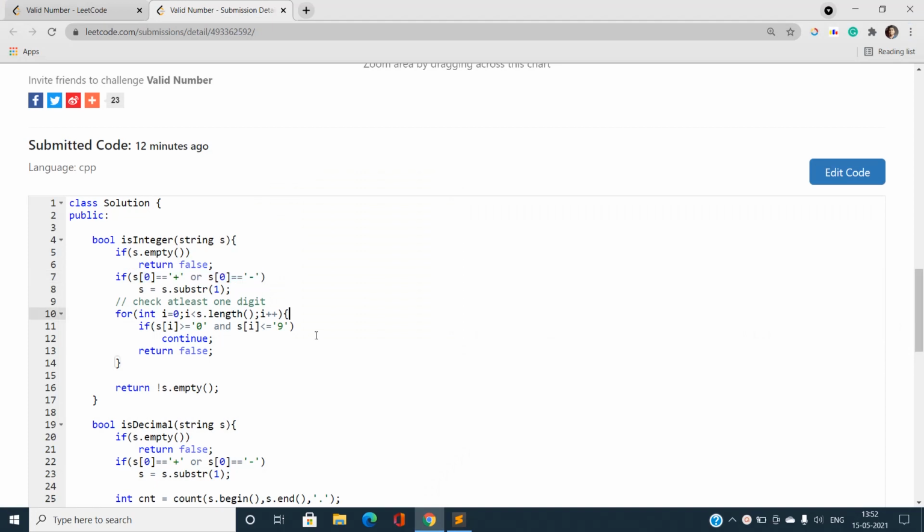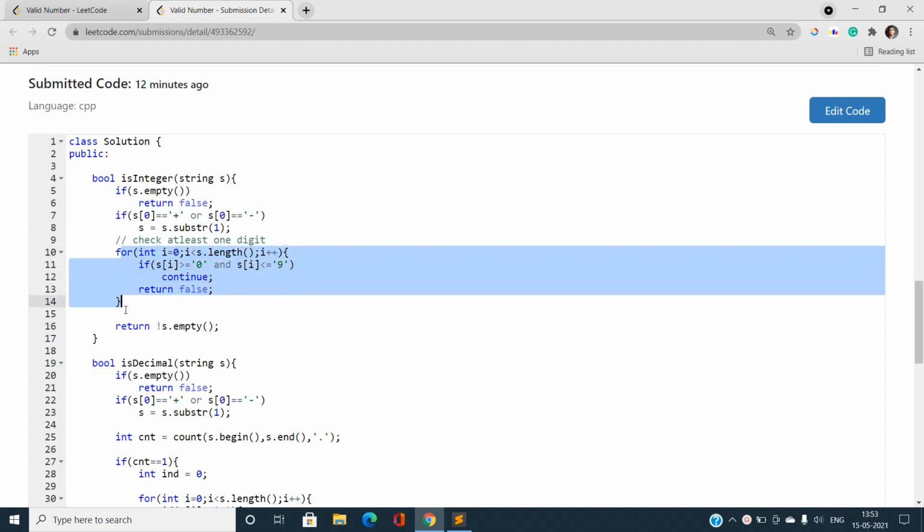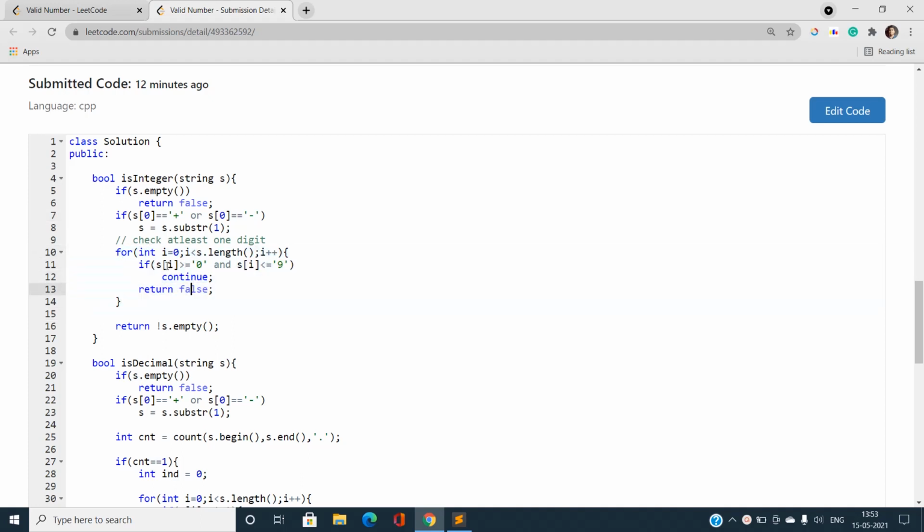Then I check whether at least one digit exists. Whenever the condition holds, that is, the character lies between 0 and 9, yes, it is okay; otherwise return false, because the digit is not present.